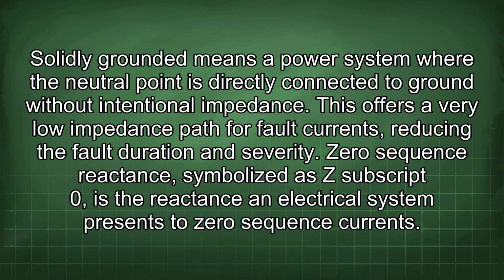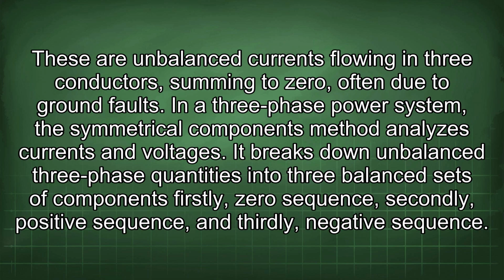Zero sequence reactance, symbolized as X subscript 0, is the reactance an electrical system presents to zero sequence currents. These are unbalanced currents flowing in three conductors, summing to zero, often due to ground faults. In a three-phase power system, the symmetrical components method analyzes currents and voltages. It breaks down unbalanced three-phase quantities into three balanced sets of components: firstly, zero sequence; secondly, positive sequence; and thirdly,